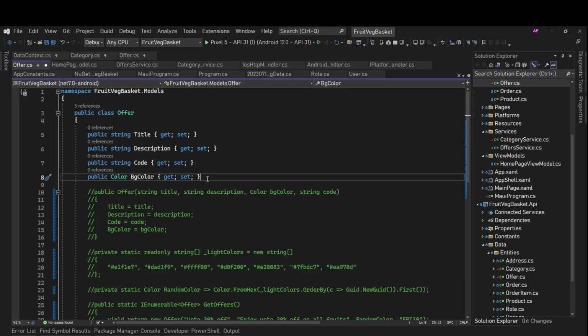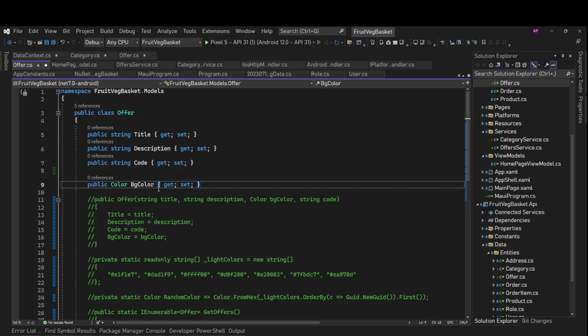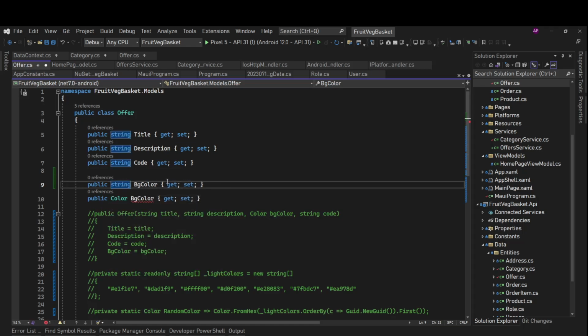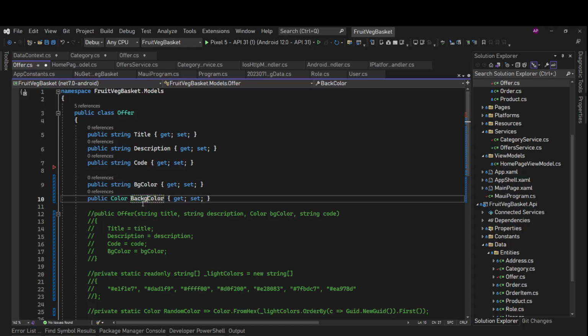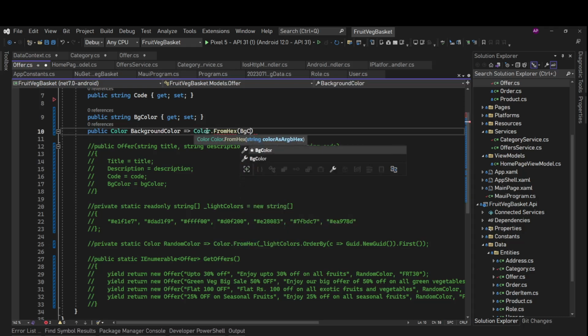So we have two approaches. Either we can have this BG color property as a computed property, so we can have string BGColor, then something like BackgroundColor, and we can use Color.FromHex with the BGColor here like this.